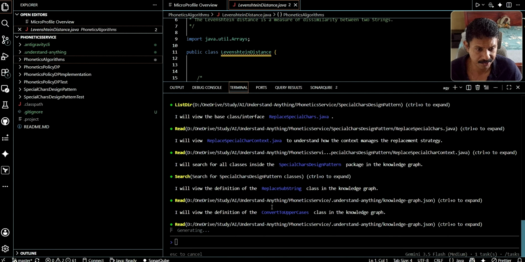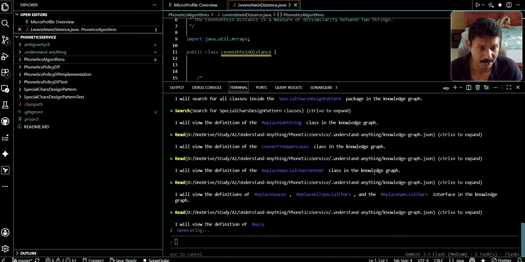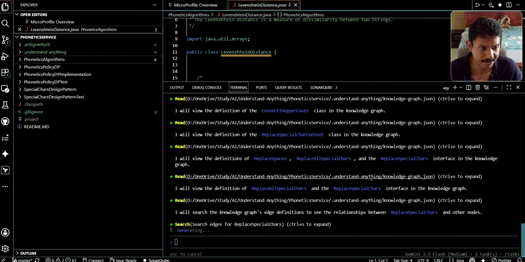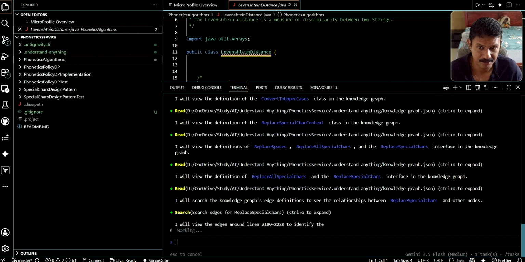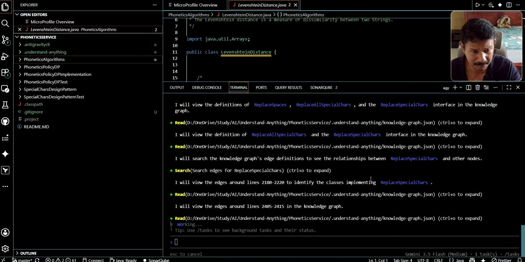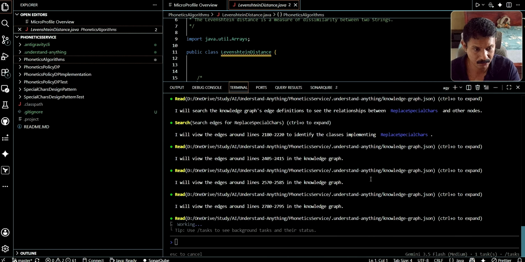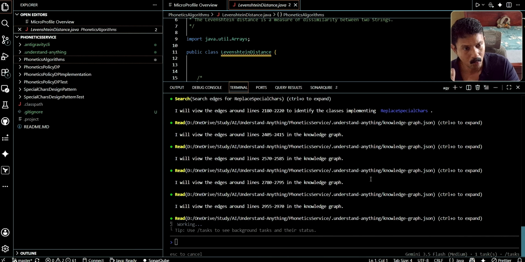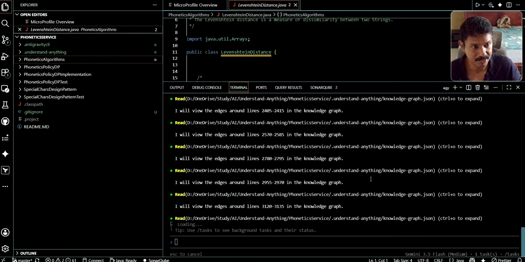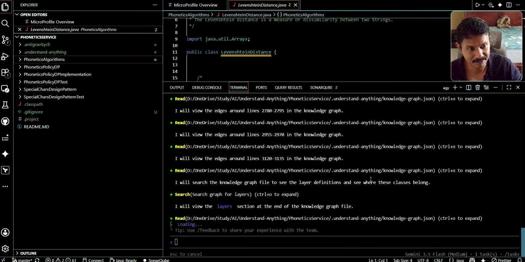It's viewing the different descriptions based on the knowledge graph. What you'll notice is it is using the knowledge graph, right? Whatever has been created, it is referring to the knowledge graph. So it's not going into the code and rerunning the analytics. No, that's not what it is doing. So once you have built your knowledge graph, it will query using that knowledge graph, which will save you